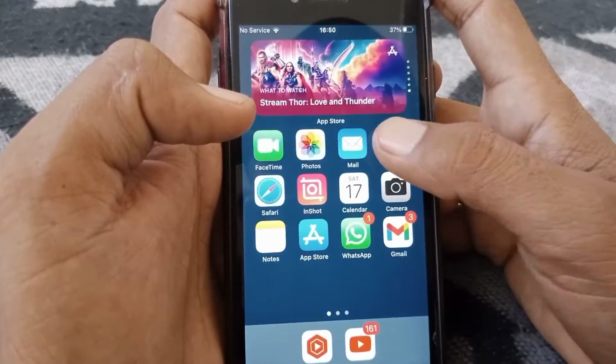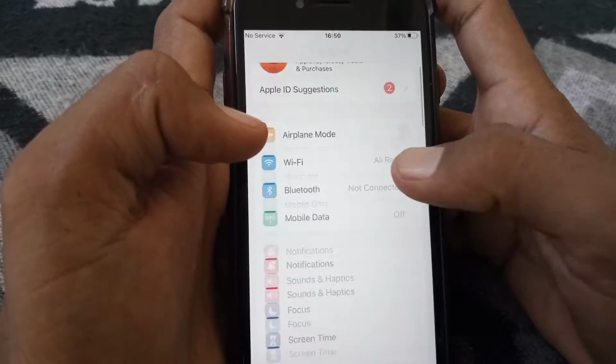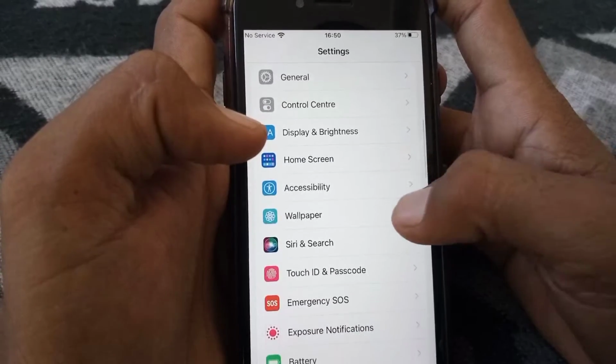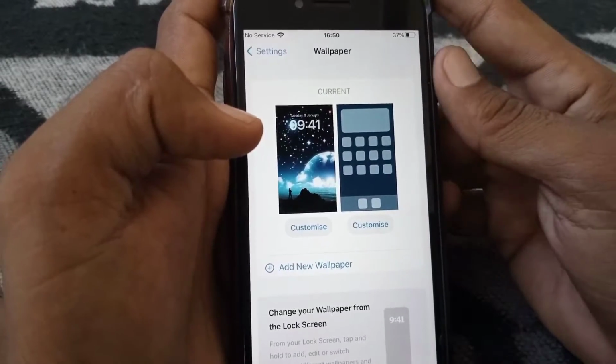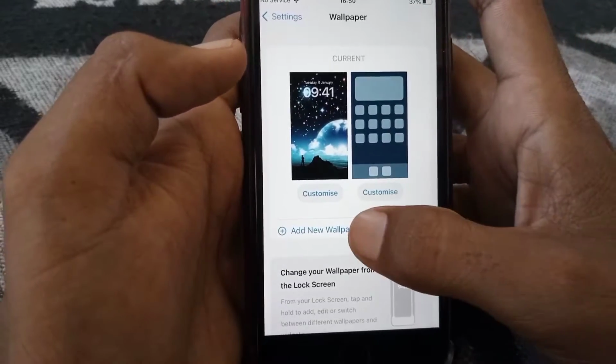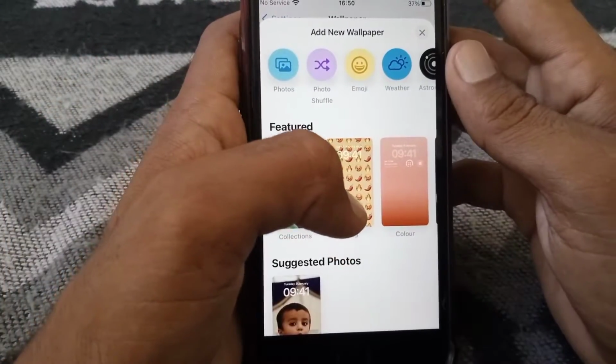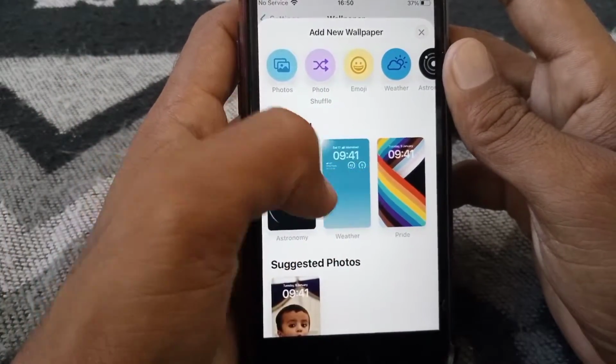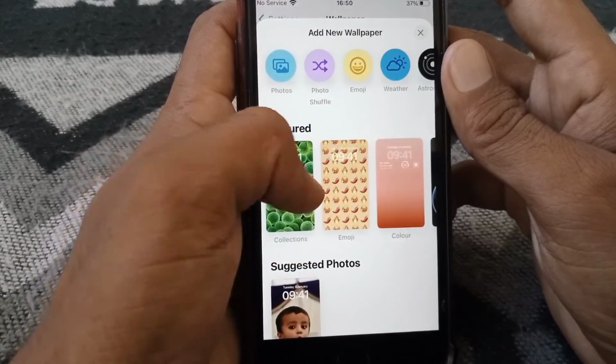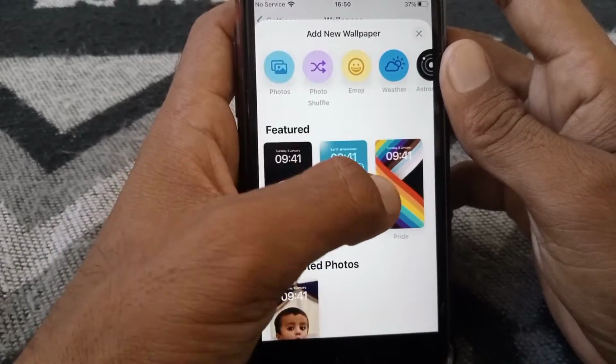So first, what you need to do is simply open Settings, scroll down and tap on Wallpaper. And now as you can see guys, here it's showing the Add New Wallpaper option, so you have to tap on this. But as you can see guys, it's not showing the live wallpaper option here because Apple has removed this